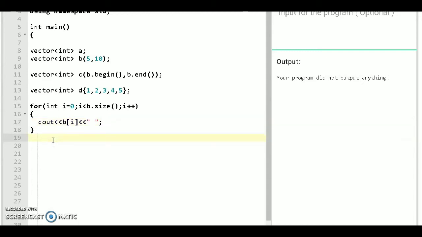Or you can iterate a vector with the help of iterators. First change the line here, cout endl.